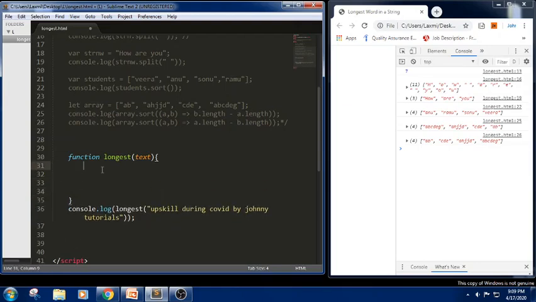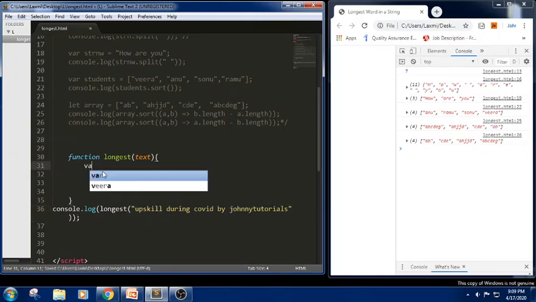So in this I'm trying to write some logical part. Let us see how we can write this code. In the first step, we need to have some variable declaration, like how we would split it, the string Upskill during COVID by Johnny Tutorials. So in this I'm trying to take variable strSplit.